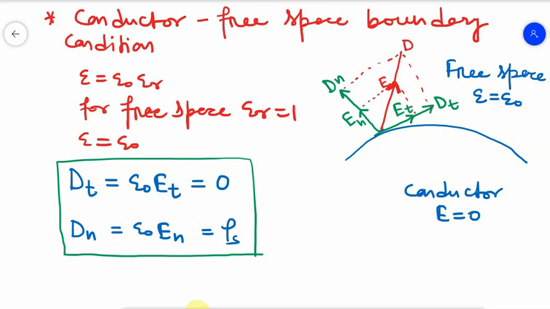Now let us discuss capacitance. You might have studied capacitance of a capacitor in earlier classes. So what is capacitance? Capacitance is defined as the ratio of the magnitude of the total charge on any one of the two conductors and the potential difference between the conductors. So C, that is capacitance, is denoted by C, and it is defined as the ratio of the magnitude of the total charge on any one of the two conductors.